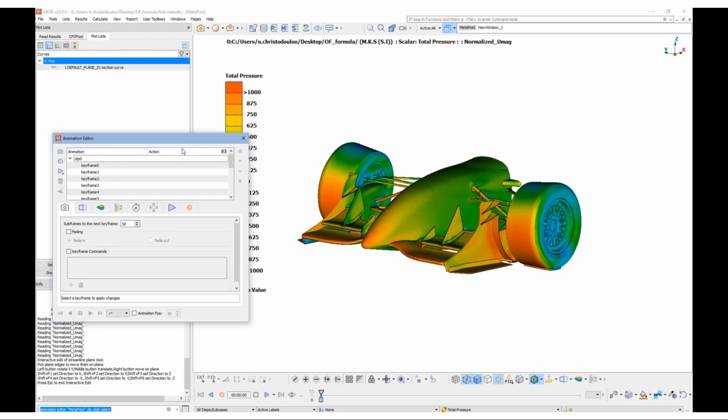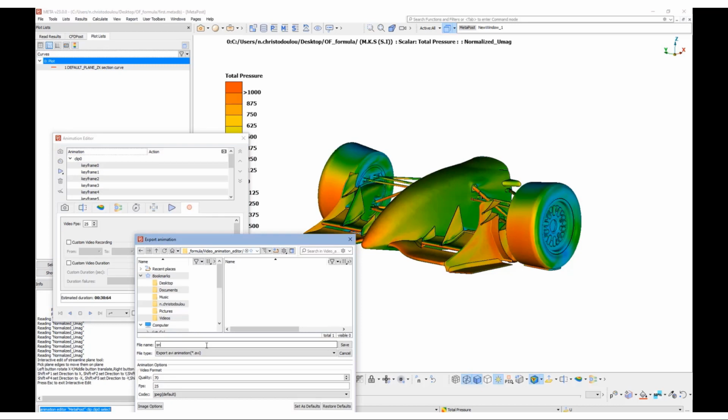Have in mind that while we preview the animation, the commands are run simultaneously. So the result is changing, the fringe bar range as well, and the cut plane is hidden. In order to rerun the animation, we need to initialize those actions and then record it. So I have initialized the model, and now we can record it.